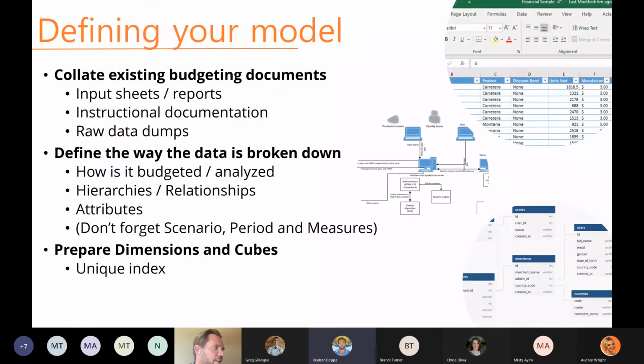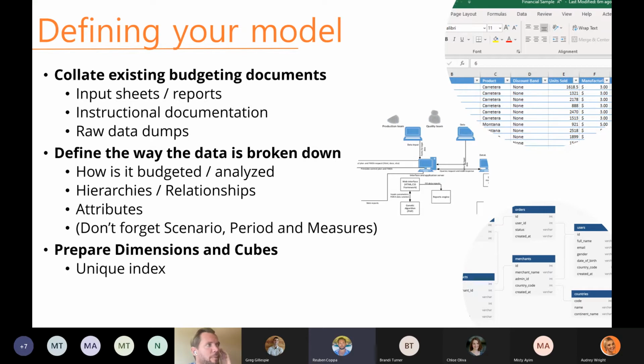So once you understand the basic technical components of your planning solution, you need to work out how it is that you want to plan, or how you define your model, in other words. And typically the best way of starting to do this is to look at what you do at the moment. And often we hear that what we do now isn't what we want to do. We want best practice, but it's important to understand the way it's carried out at the moment from a bird's eye view as well, not just the perspective of the person who is carrying out the bulk of it at the moment,